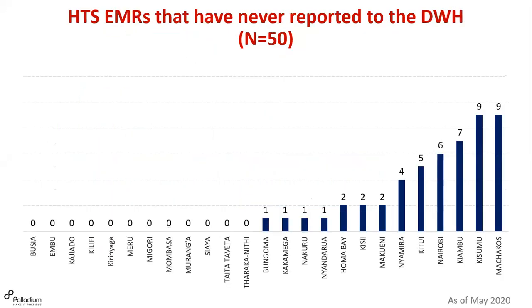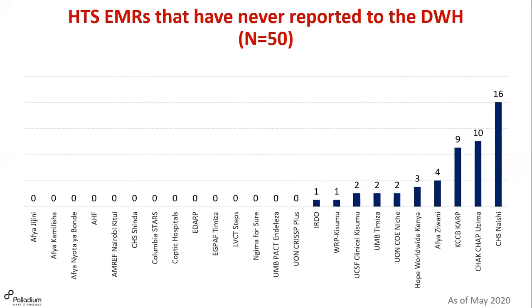Moving on, there are some eHTS sites that are indicated as active, but have not submitted a single report to the warehouse. And I just put them out there so that you know the distribution by county. After this meeting, you can share this distribution by county, and also in the next slide by partner, so that you're able to clarify whether these are your sites, and support them to submit an eHTS report if the eHTS is in use. Moving on,